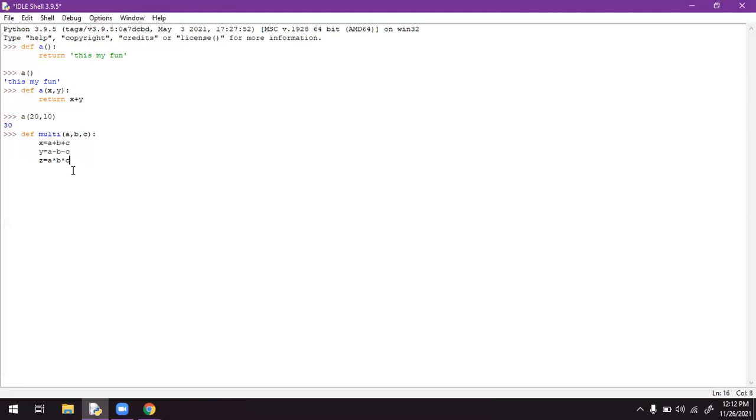But how to print these statements? In order to print them, that function has to return x comma y comma z. You can put them in brackets or directly write x comma y comma z.